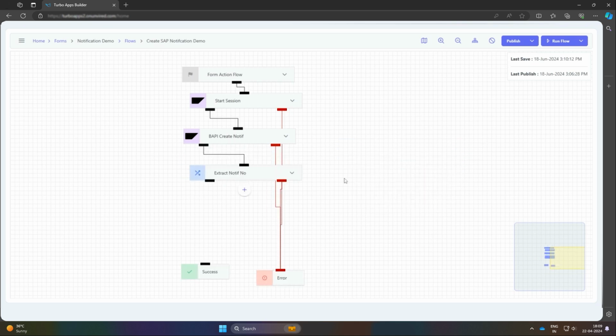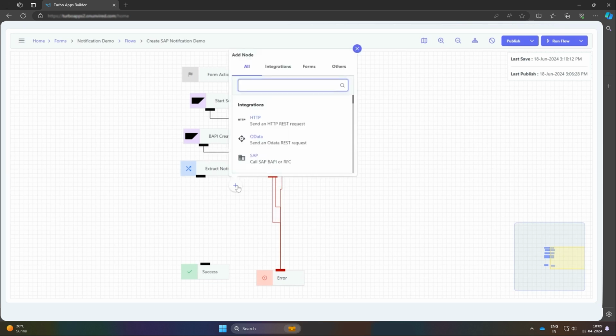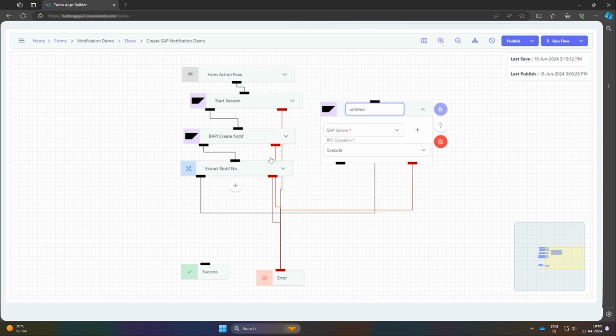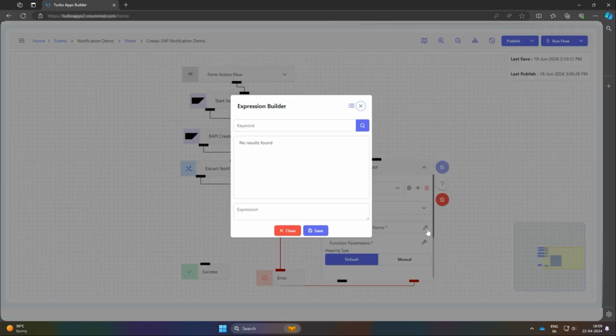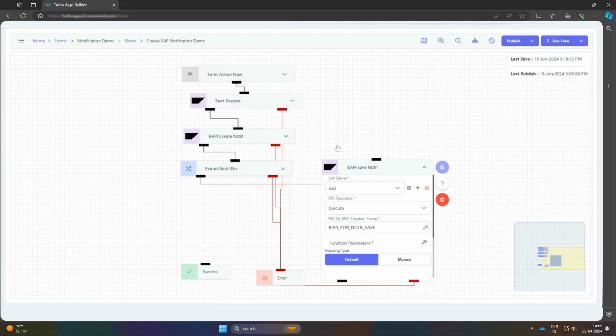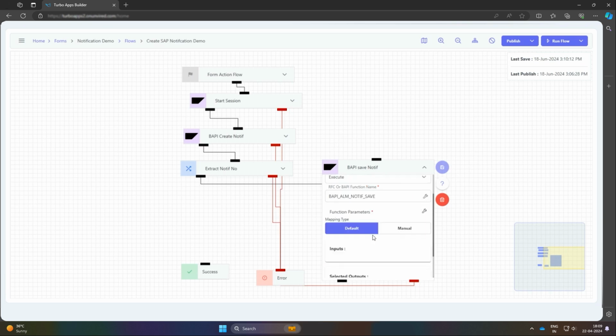Select the Extract Notif Number node, click on plus, and select SAP to add another node. Change the title to BAPI Save Notify, and remember to connect the Extract Notif Number node success connector to this node. Select the SAP system and set the RFC operation to execute. In Function, you can type in BAPI_ALM_NOTIF_SAVE